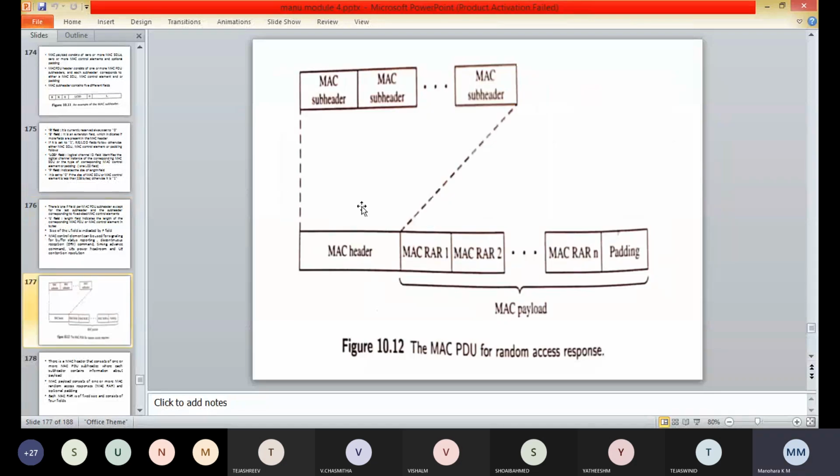So here the MAC PDU of the random access response has a different format, which is shown in the figure. So this figure indicates the MAC PDU for the random access response.